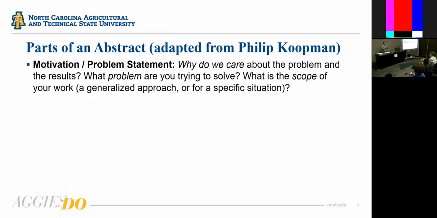Going along with that, on a more field-specific orientation, you can say, well, what problem are you trying to solve? What is the problem in your area, or what is the problem technologically, or what is the problem societally that you're trying to address with your research? And also in this cluster, we're thinking about things like the scope of your work. So you're giving them a sense, how broad are you going? Are you going to affect the entire field of computer chip design, or are you trying to help streamline some particular process within the field? So you give a sense of what the impacts are, what this is connected to, and then how deep am I going in my research?